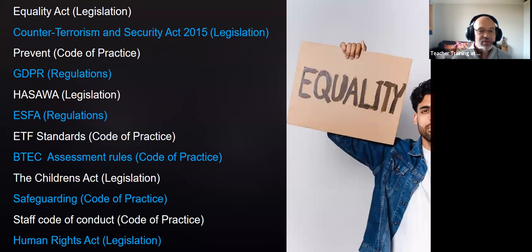GDPR regulations, of course, the data protection, and the Health and Safety at Work Act apply to us all of the time. It's higher on the agenda for some than others. If you're teaching history in a general purpose classroom, then just checking that the furniture is safe and there are no trailing cables is enough. Whereas in a motor vehicles workshop where you've got students jacking up cars and laying underneath them, and in electrical installation, where they're exposed to high risk, then that's much higher up on the agenda for you.